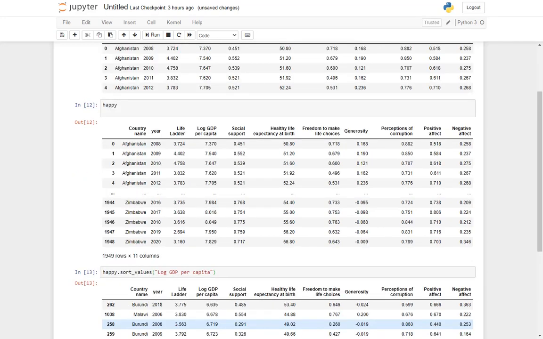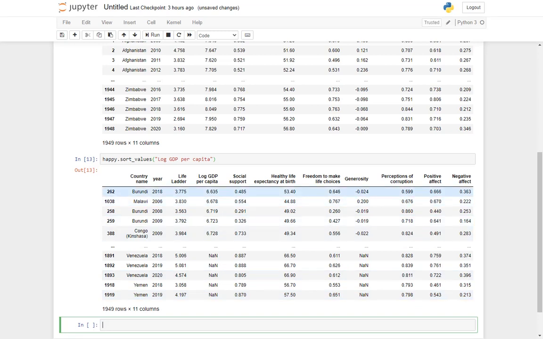Alright, so now if you see, it has been sorted according to the log GDP per capita, starting from the lowest value, and at the end you will see that there are certain rows which have NaN in place of log GDP per capita. Matlab there is some missing data. The value entered is not a number, hence it is showing NaN. NaN is equivalent to a null value in DBMS systems, if you remember.